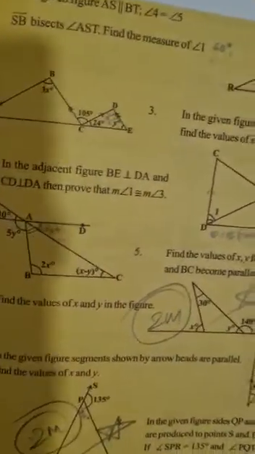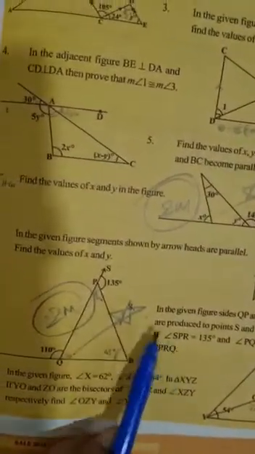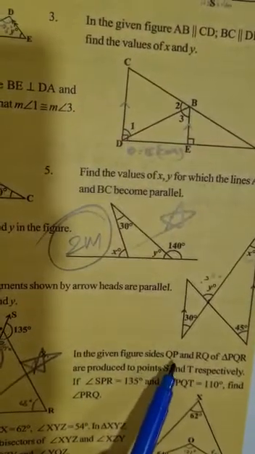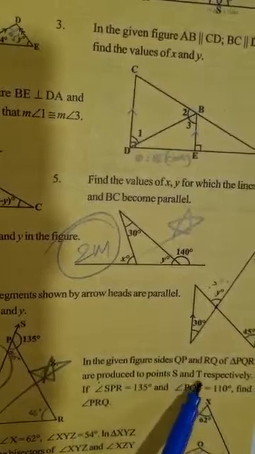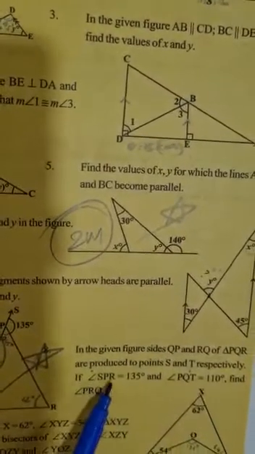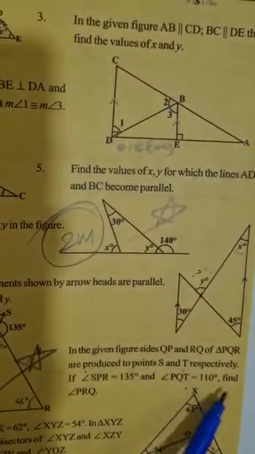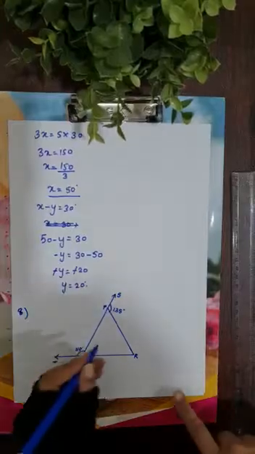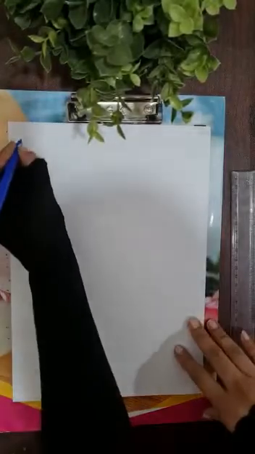Now moving on to the eighth sum. Let me read the eighth question for you. In the given figure, sides QP and RQ of triangle PQR are produced to points S and T respectively. If angle SPR is equal to 135 degrees and angle PQT is equal to 110 degrees, find angle PRQ. Look at the eighth one, children. Let us solve it. Let us first write what is given to us. Okay, it is given